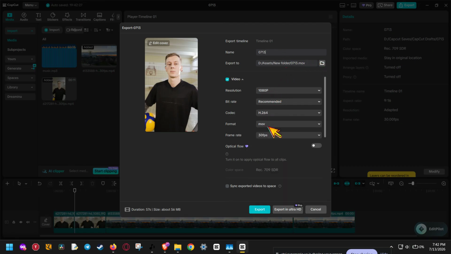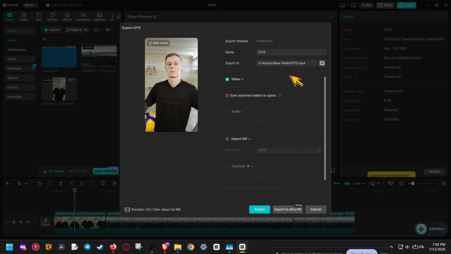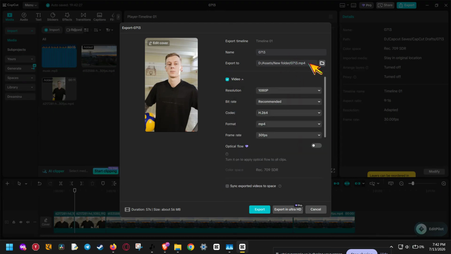Inside the export settings, use the best values for high quality shorts. Set the resolution to 1080 by 1920, which is the standard vertical HD size for YouTube shorts. If your source footage is higher quality, you can match it up to 2K or 4K when available, but 1080 by 1920 is the most reliable option for most creators. Set the bitrate to higher so your video keeps as much detail as possible. Choose H.264 as the codec and set the format to MP4, since that's the most widely supported format for YouTube